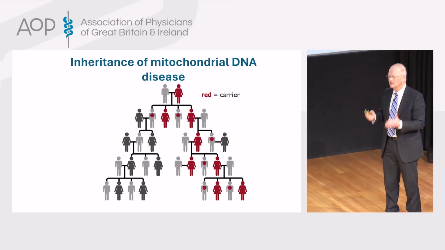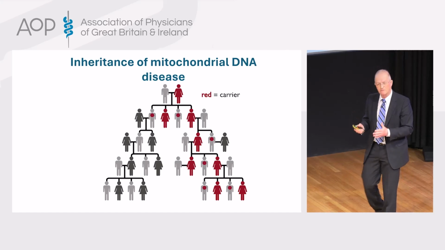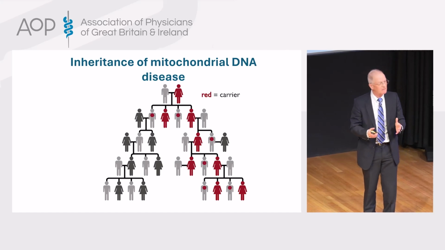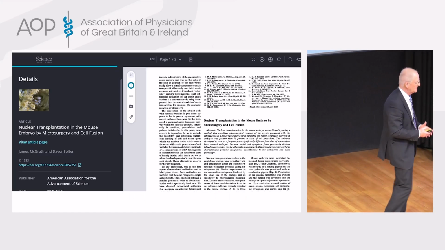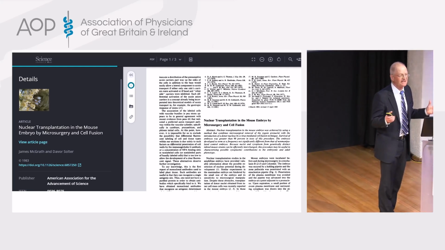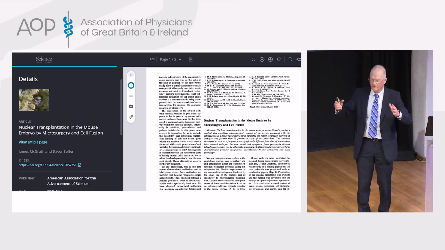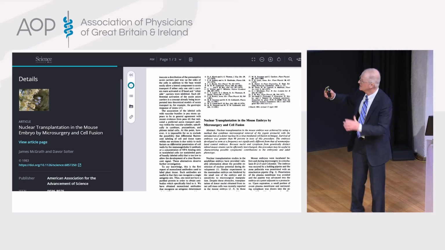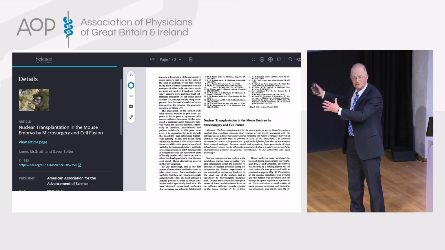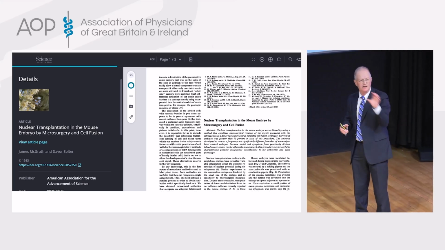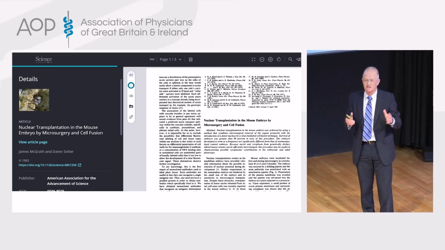So what seemed to us a really important problem was, if you can't cure it, can you prevent it? And how might you be able to prevent it? Well, the actual solution for this was in a paper back in 1983. This is why you need clinical academics, because a scientist would never have thought of doing this experiment because it's already been done in mouse embryos, which is transferring nuclei between different embryos. It's only because there was a pressing clinical need did we start to think about this.